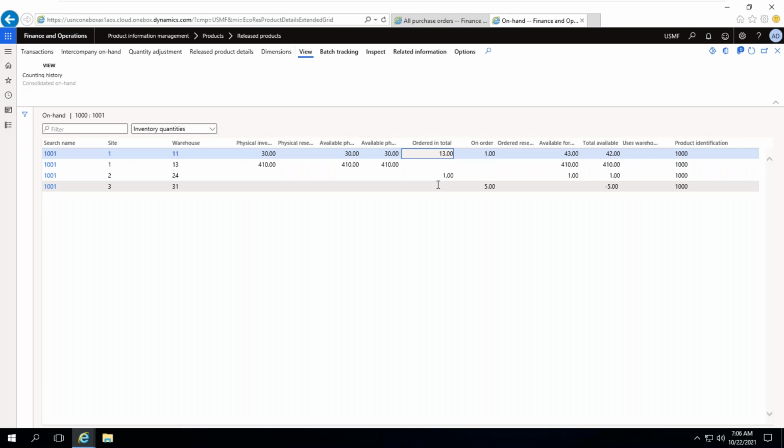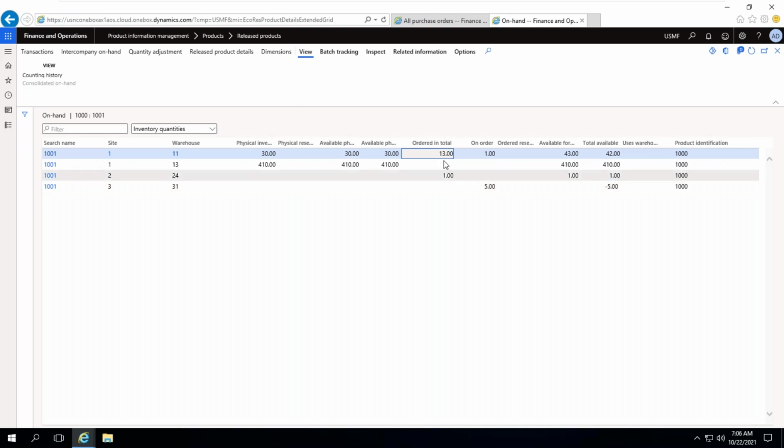So the purchase order status may be in draft, maybe in review, maybe in approved status, maybe in confirmed, anything it will show here. Agree with me? Understood? If you want to know in this ordered in total how many are draft, how many in review, how many approved, how many confirmed, that is different reports you need to verify. Now this is ordered in total.